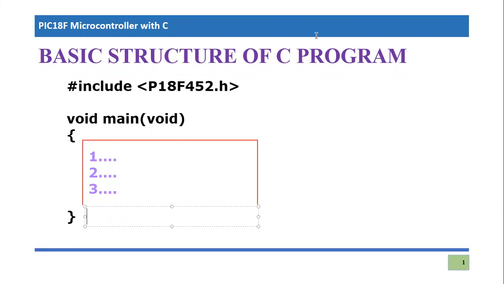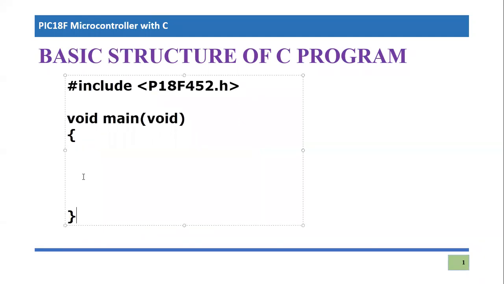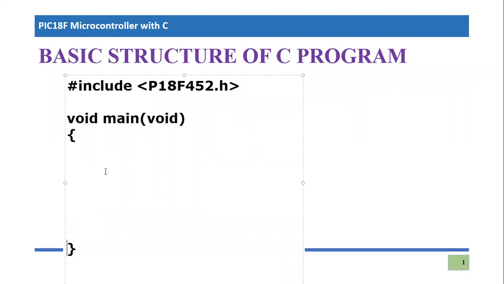Let me use some other color. It will make this more elaborate. While, and in the condition, I'm going to put 1. While(1) means it is logically true every time, and I will put a semicolon here. So there is nothing written in the body. This instruction will be consecutively executing for an infinite interval of time. In other words, the microcontroller won't go to any other line, right? Because it will stay on this line.